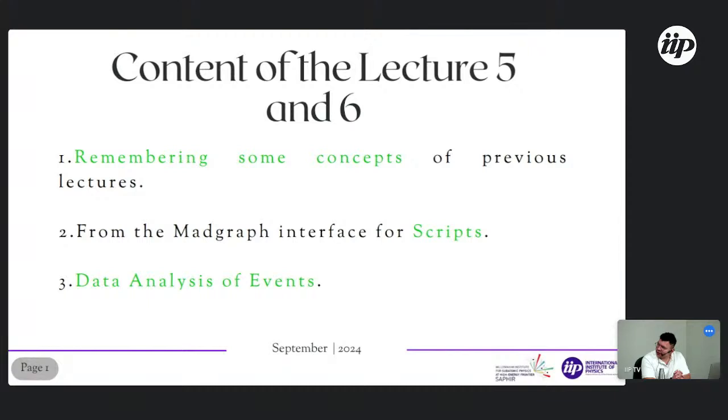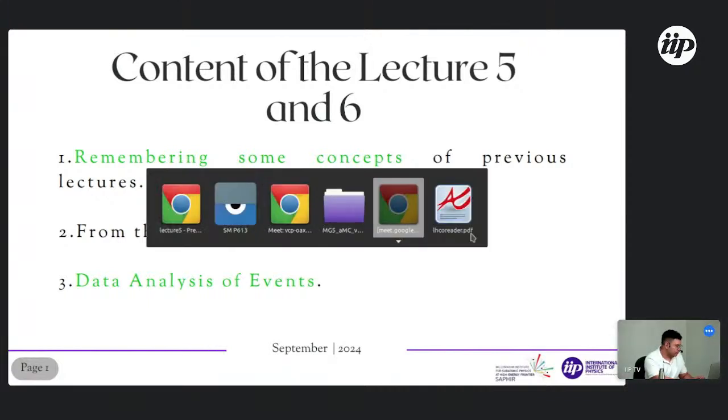For the second part, we are going to review again the MadGraph interface, and we are going to show basic scripts that we can use to start MadGraph and set all the parameters necessary for the simulation. So we can use scripts to do that. And in the final part of the lectures, we are going to analyze the events, the histograms, and reproduce the results of